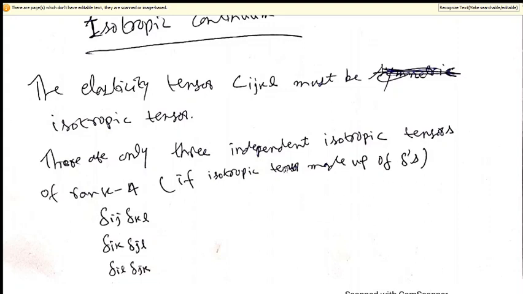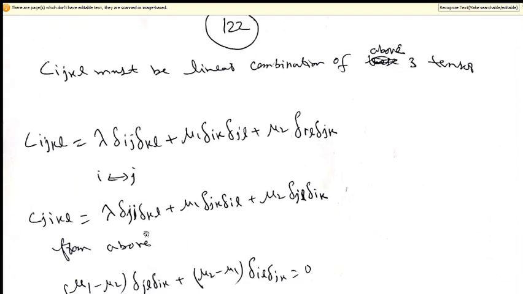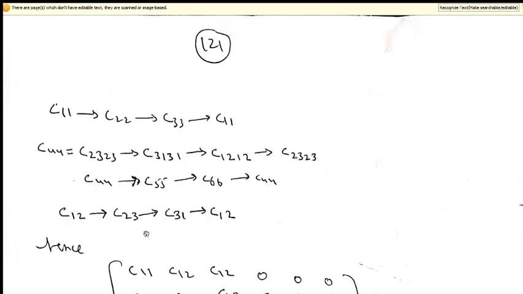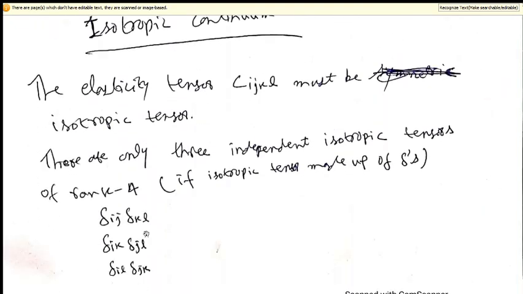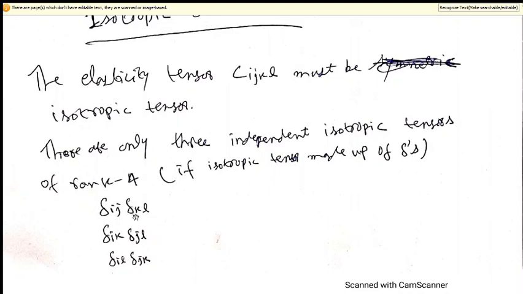So with the help of this second order tensor, we have three independent fourth order isotropic tensors: delta ij delta kl, delta ik delta jl, delta il delta jk. If you want to make another combination of these indices by changing these indices, you will have the result from these three again. So there are only three independent choices.